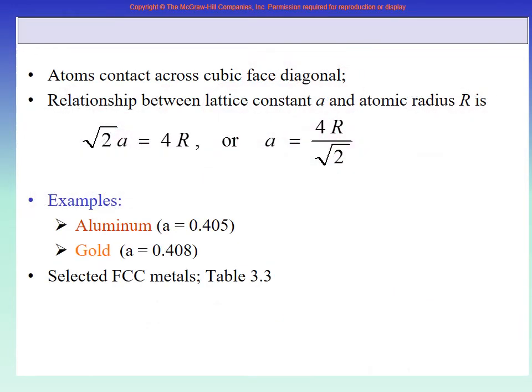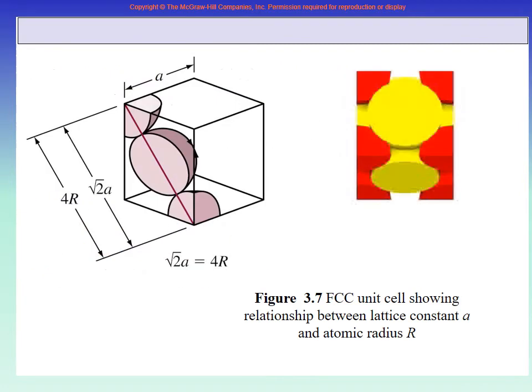And therefore, based on this geometry, you will derive the relationship. This time it is a simple matter. You don't have to go through the center of the body, because in the center of the body there is nothing. On each face it is like this, so just a diagonal on the face. So radius, radius, radius, radius, and from there the equation is 4r = root 2 a. So this is the basic equation between lattice constant and atomic radius for the FCC system.